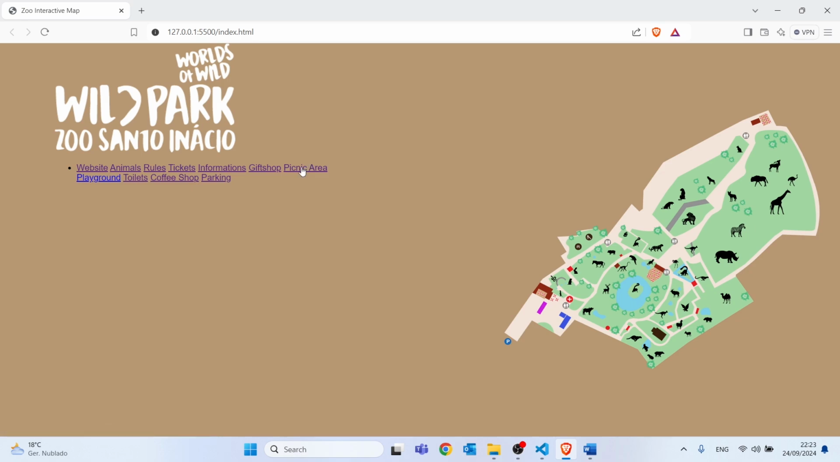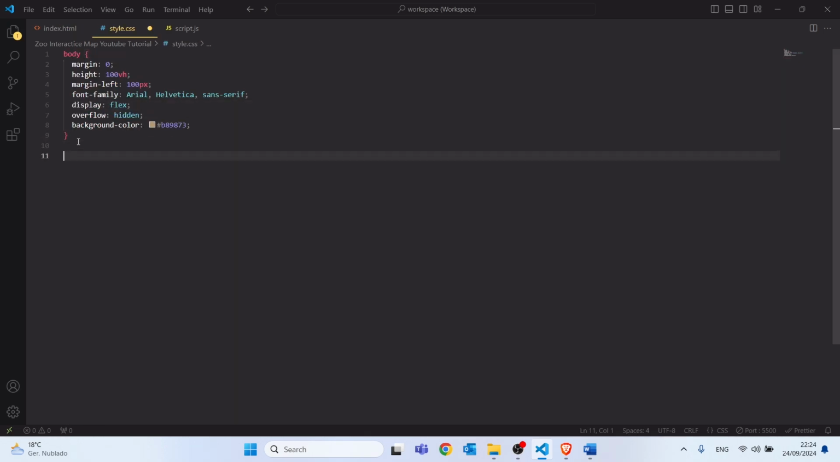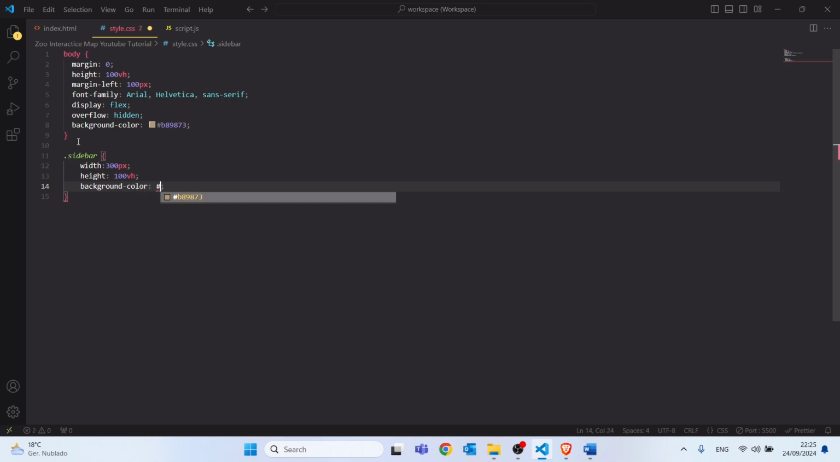We can see that all the links are set up, but we need to apply some CSS styles, and that's what we are going to start doing now. Let's start by styling the sidebar. So in the CSS file we will write .sidebar, open curly braces. Let's start defining the width with 300 pixels. The height will be 100 viewport height, and background color, not origin but color, and the code will be